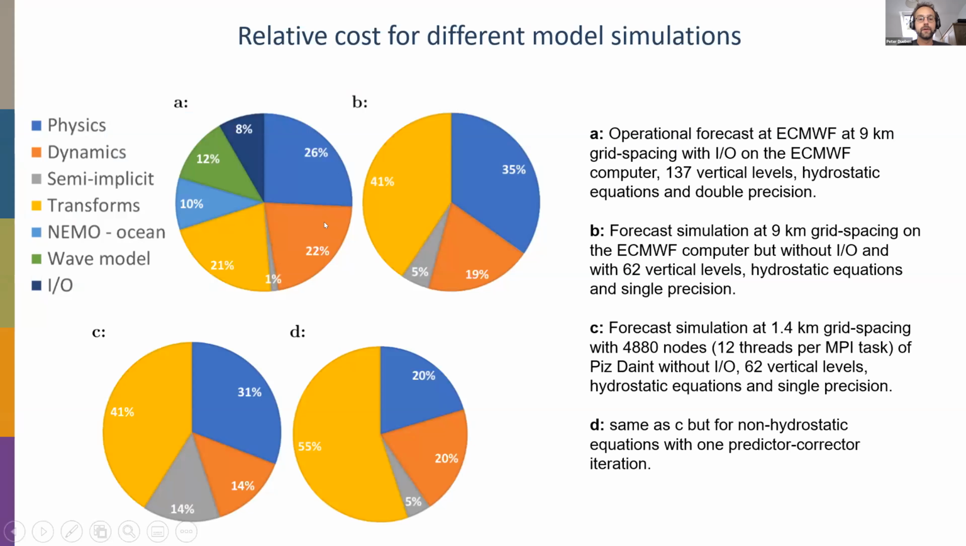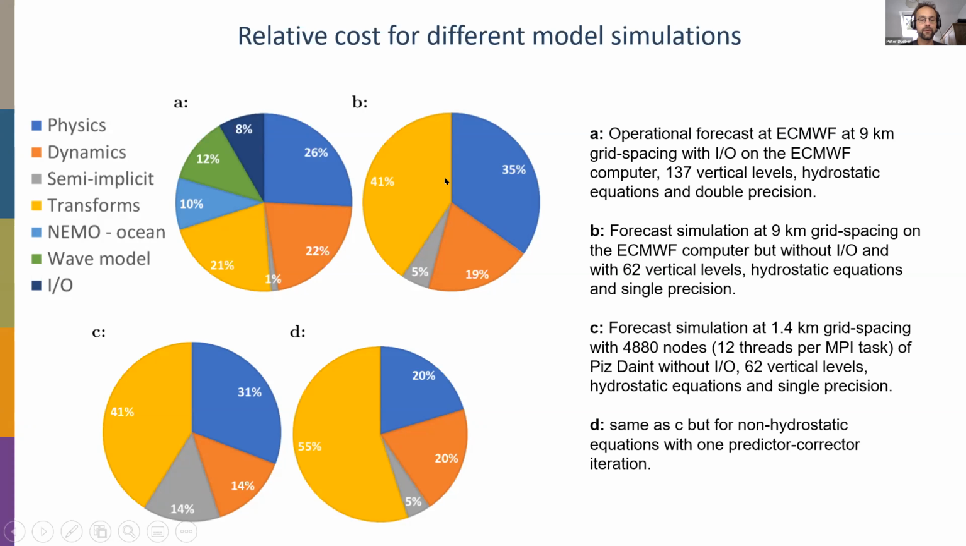This slide is giving you the relative cost for the different model simulations. On the top left, on the A, you see the fraction of the different costs that we have in our operational weather prediction simulations at 9-kilometer resolution with full I/O and full coupling. And as you now go on our own machine at ECMWF to a simulation which is the same one that I'm going to use for scalability comparisons, so no wave model, no NEMO model, no I/O, you end up with something like the fraction B. And you will see that 41% of the cost is actually coming from the transformations,